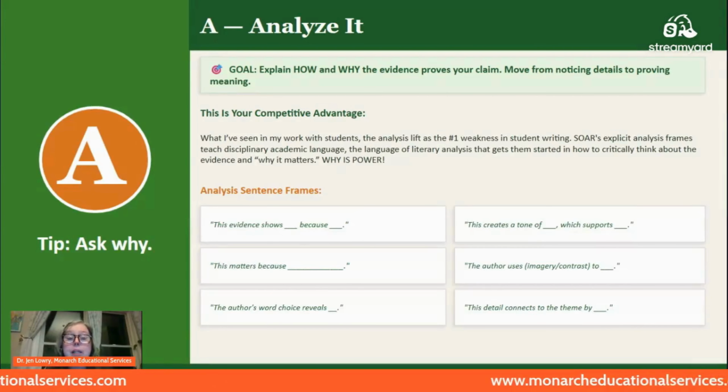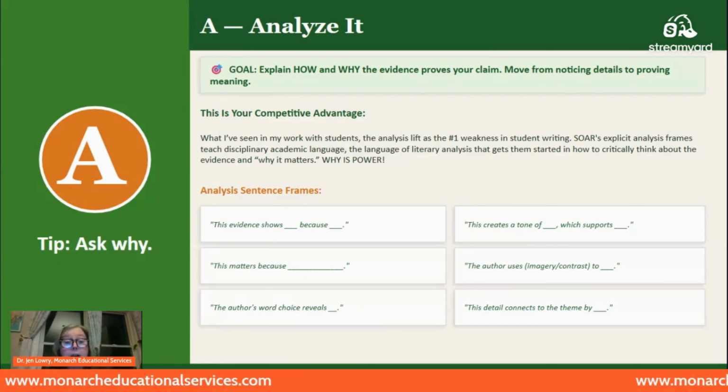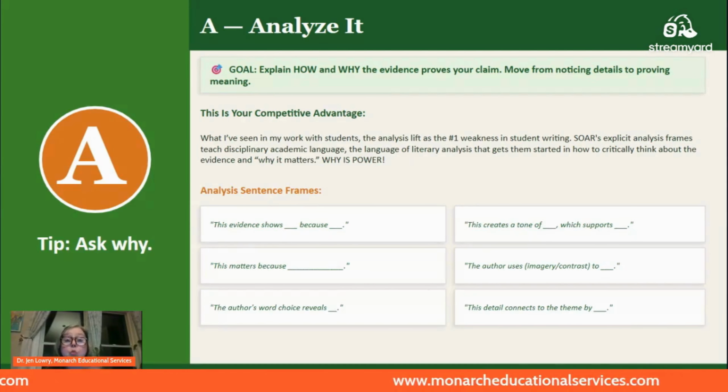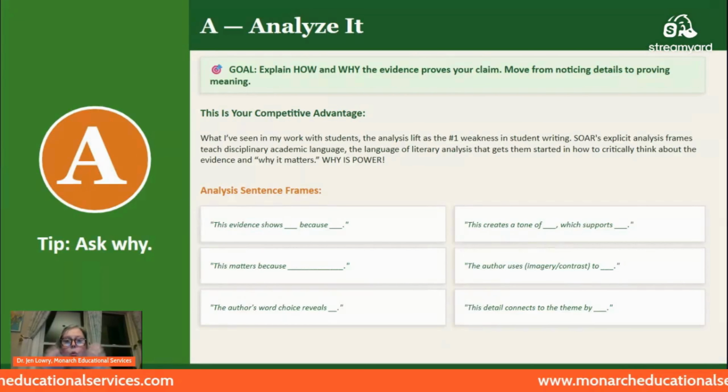But I do believe that analyzing the textual evidence that you are providing in your papers or in your paragraphs gives you that competitive advantage, because that really shows your lens, your perspective, the way that you can piece things together in order to show